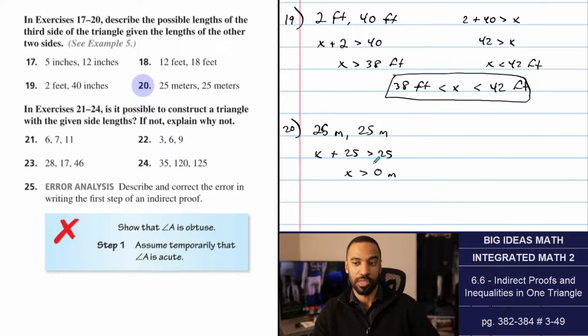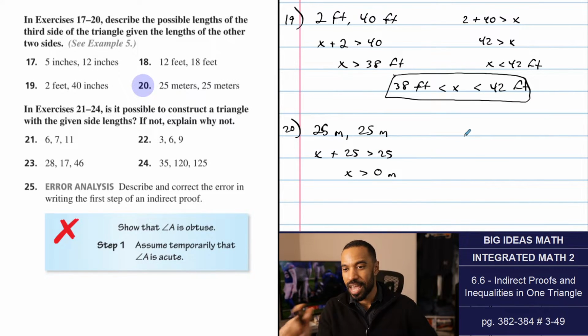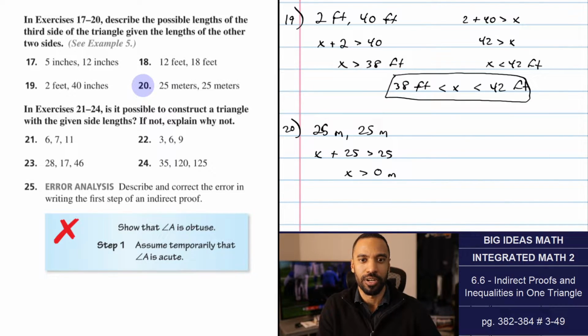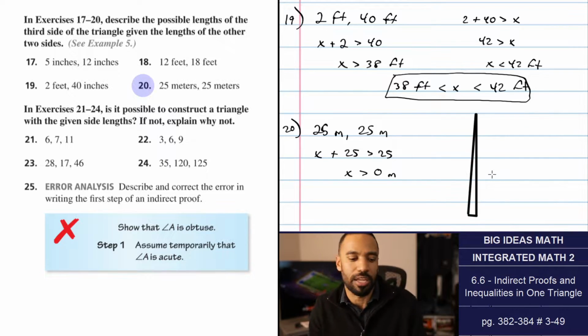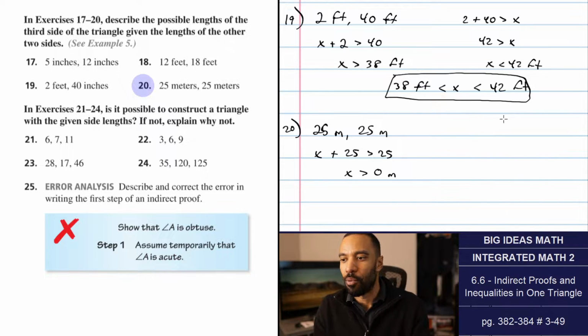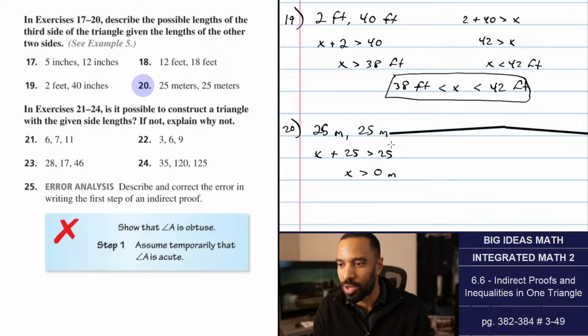X needs to be positive, but this is especially true here. As long as x has any tiny length whatsoever, you can have a 25 meter thing here and a 25 meter thing here and be super small, like 25 and 25. As long as x is just a little bit, then we can still make a triangle out of it and it's good. Now, what if the 25 is expanded so far, like this and like this,